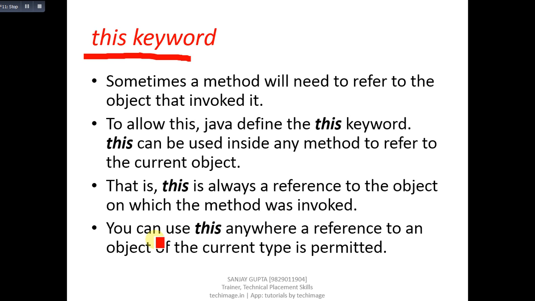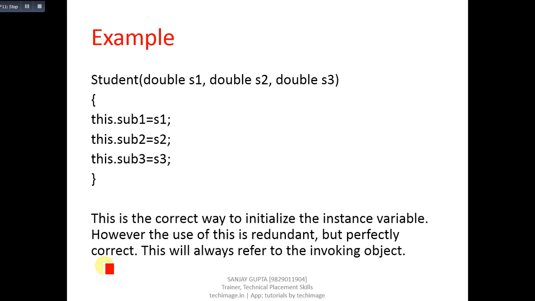You can use this anywhere a reference to an object of the current type is permitted. So this is a brief about this keyword. Now I am going to explain an example based on this keyword. So you can see this code. Inside this code,